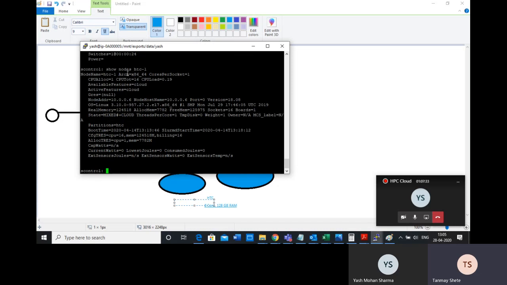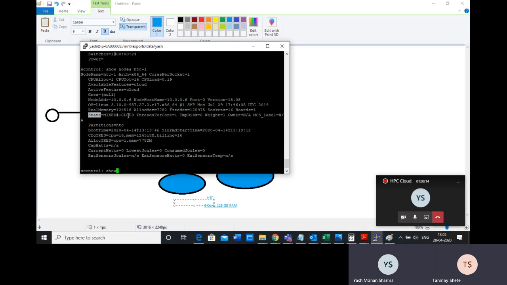What I'm checking now is what is happening on that node. You can see that earlier the state was idle plus cloud plus power, and now the state is showing mixed plus cloud. So it is doing something. It is booting the machine and doing something there, right? Starting the machine. And still it will take a lot of time. Obviously for the date command, you will not do this whole process. Generally, you will do this for long running jobs, right? But this is the way to explain how things are running.